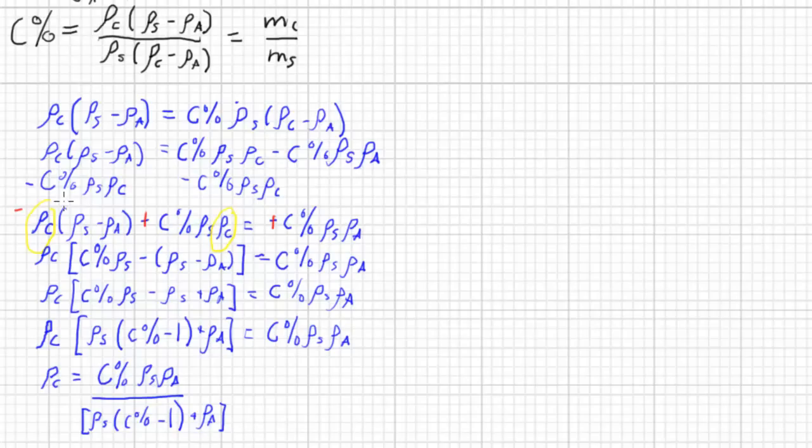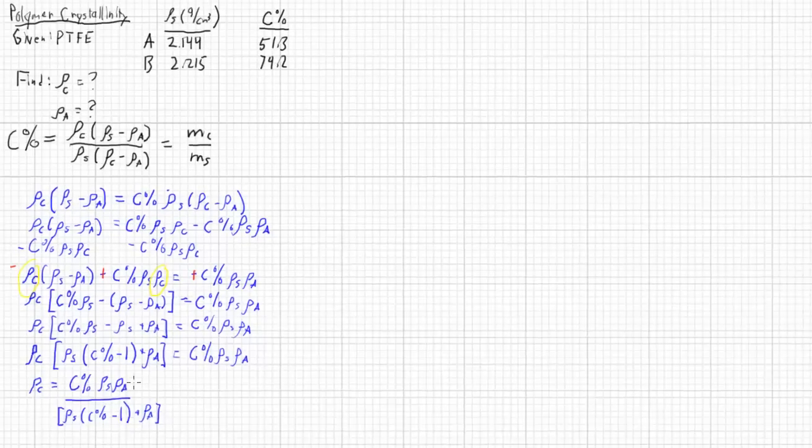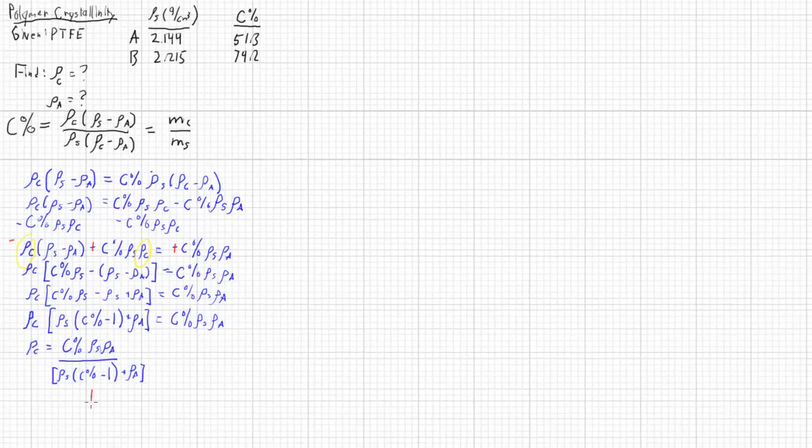Okay, this is all very well and good, but for either one of these samples, we have the crystallinity percent, we have the density of the sample, but we still don't have the density of the amorphous material. So what we can do is make one side A and set it equal to the exact same thing